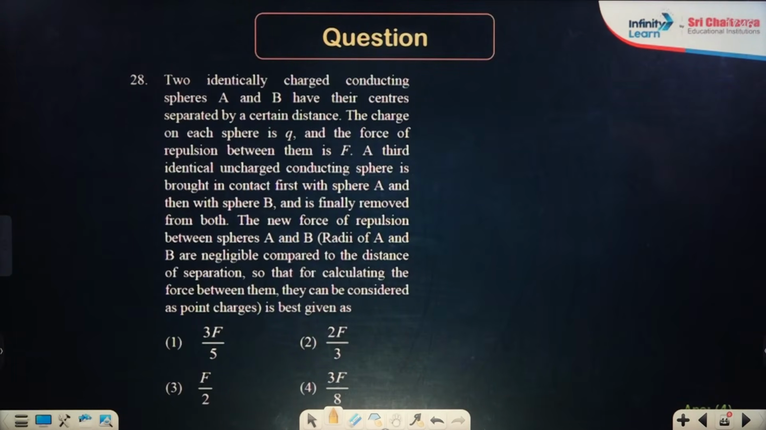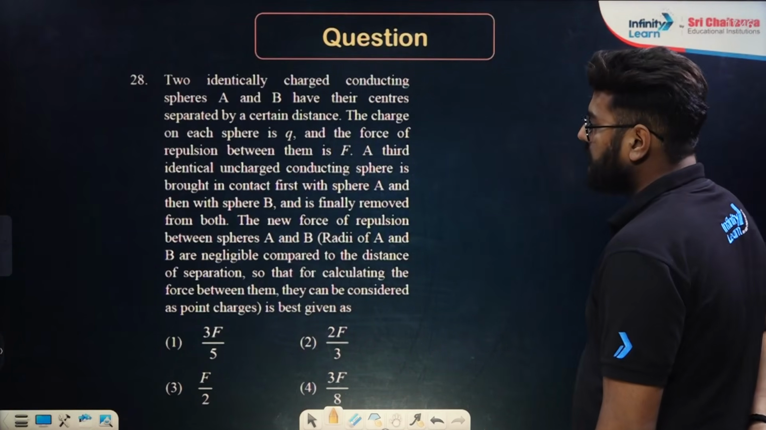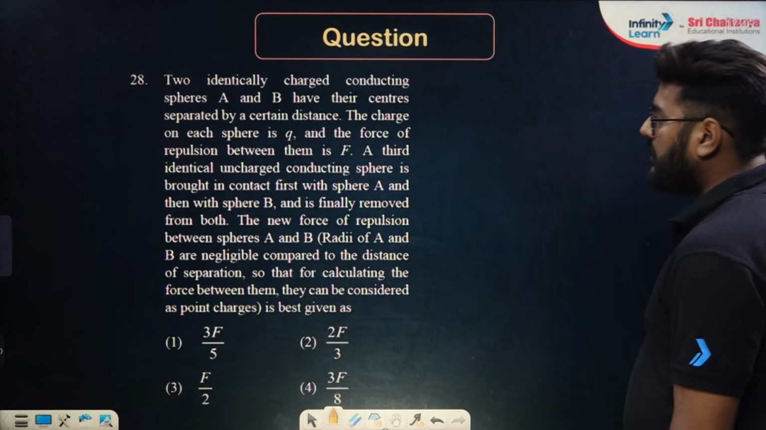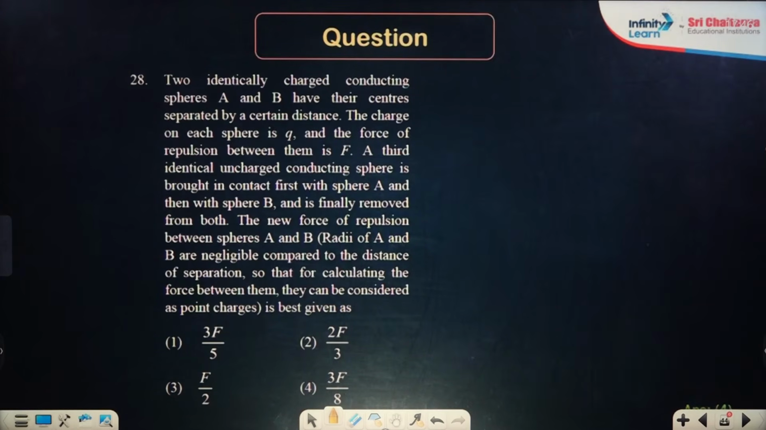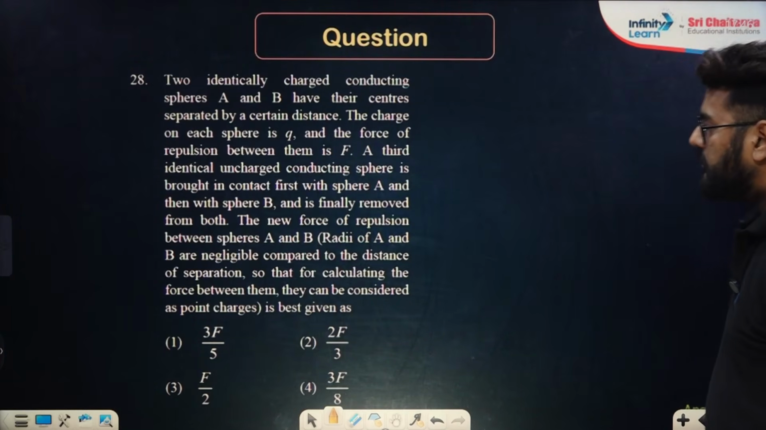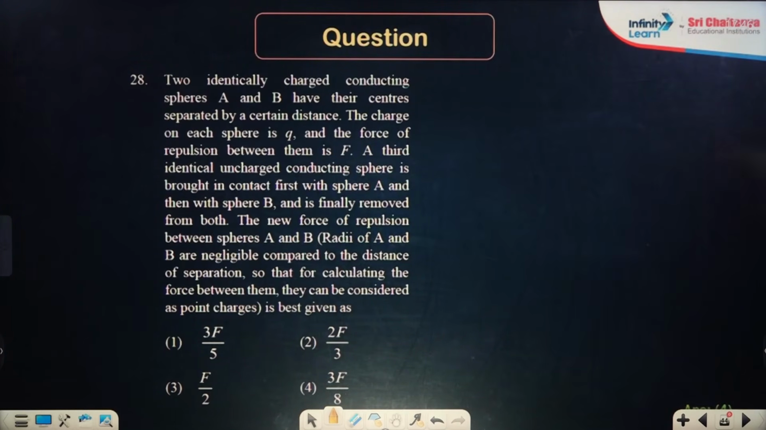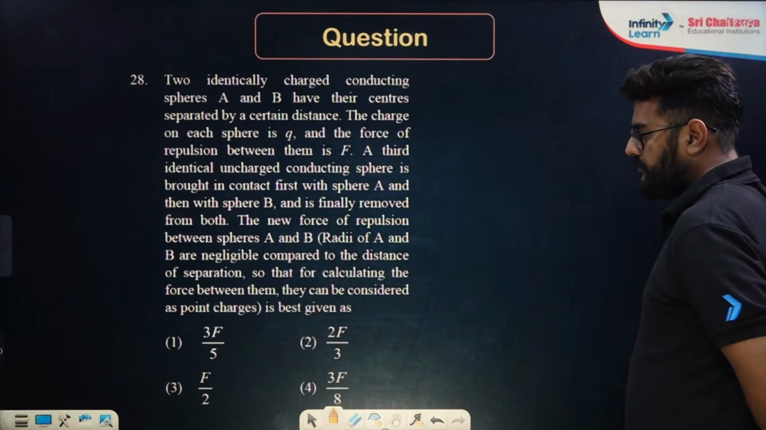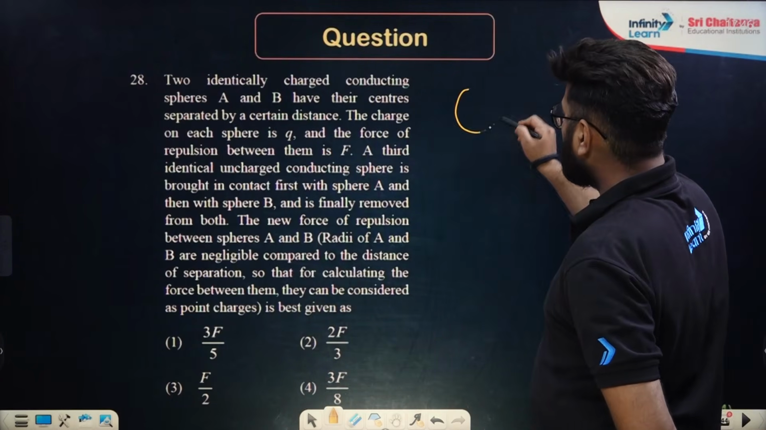Two identically charged conducting spheres A and B have their centers separated by a certain distance. The charge on each sphere is Q and the force of repulsion between them is F. A third identical uncharged conducting sphere is brought in contact first with sphere A and then with sphere B and is finally removed from both. The new force of repulsion between sphere A and B will be, okay, so see, let's say it has charge